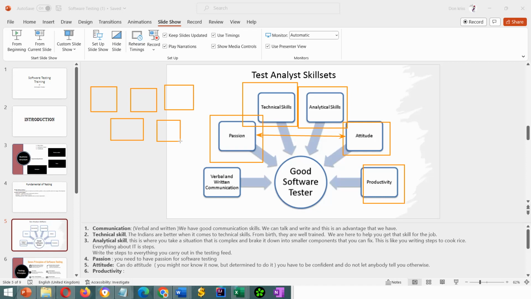Okay? It's not like I'm going to use one picture for everyone, some of us are very technical. I am not as technical as I would be, but there are people that are more technical than I am. You listening to me could be more technical than I am. And I'm not going to compare you and say all Indians are better technical than you. Like I said, attitude. If you have a positive attitude and you put in time to learn,